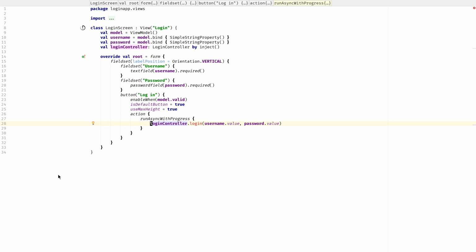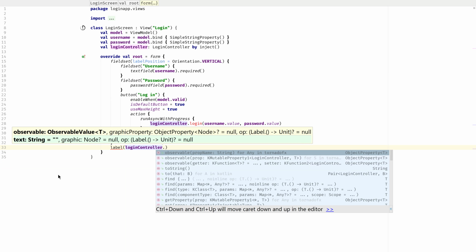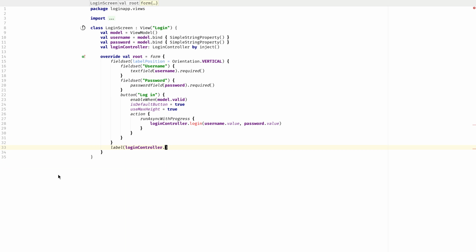And from here on out, it's up to the LoginController to actually do something with that data that we pass to it. I also promised that we would give some kind of feedback to the user so that he knows if the login failed and for what reason. So let's define a label, and we can define this label actually outside of the field set if we want. So let's see, this label we also want to bind to something in the LoginController, because the LoginController will be in charge of setting some text property that we can use to display to the user. So let's call that status property,